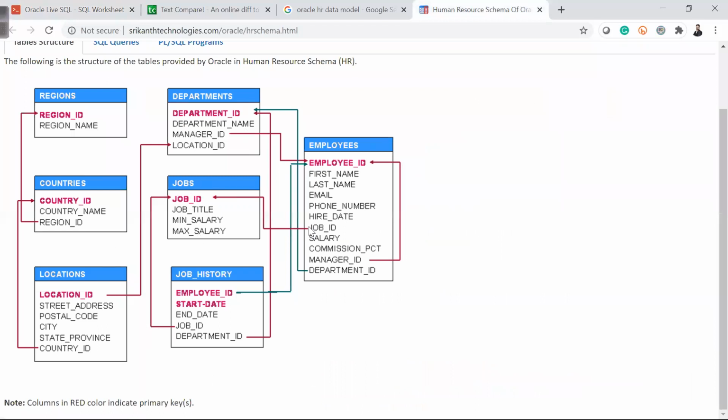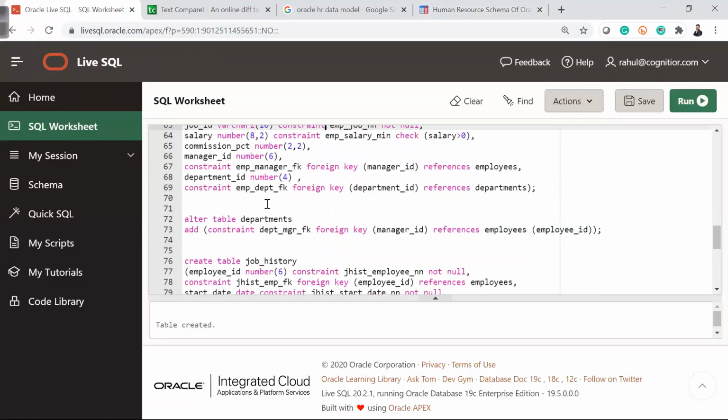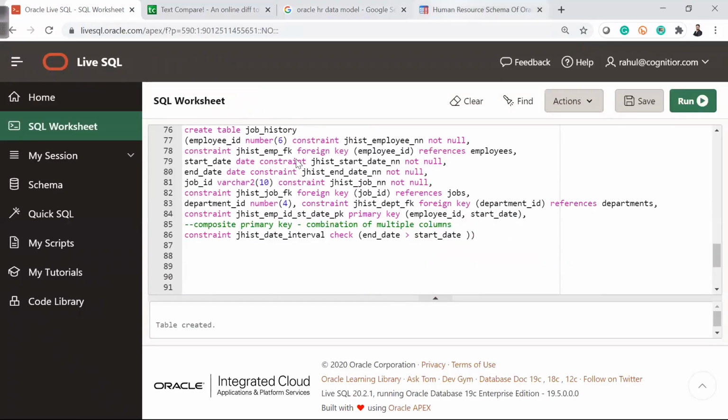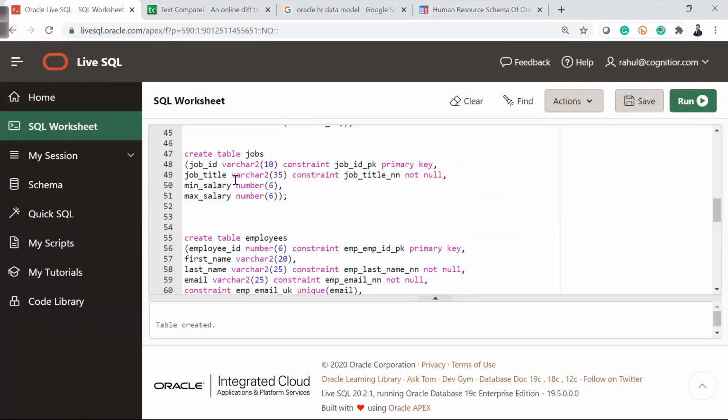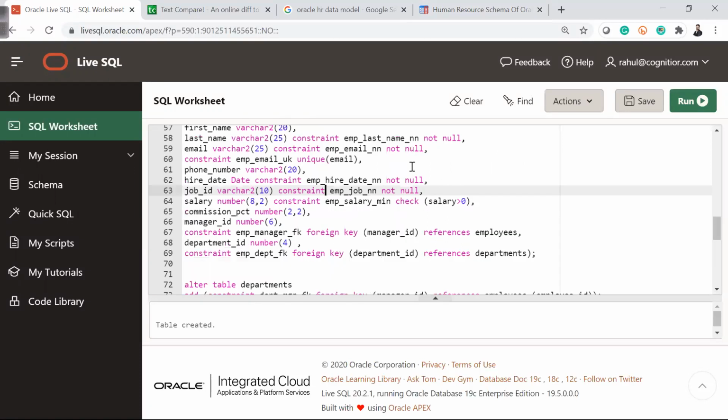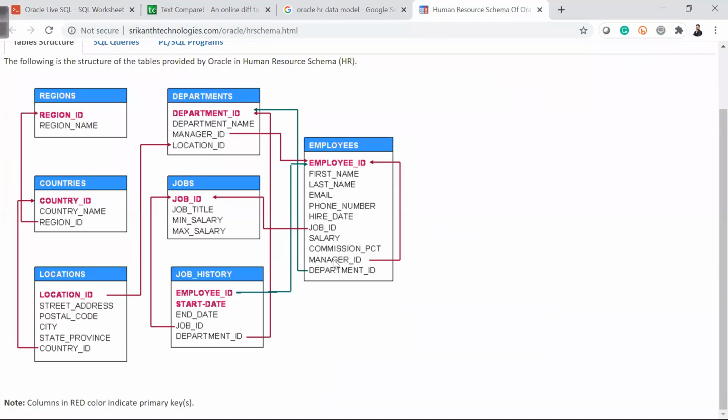Actually, job ID is going as a foreign key here, I guess. Let's see which table it is. Jobs. Okay, in the jobs table we did not put anything, right? So that is fine. So references I have only two here. One is the department table. So you see that department ID is my foreign key, and you see this manager ID is going back to employee ID. It references its own column. So that is how it is coming in. So this is looking fine as well.